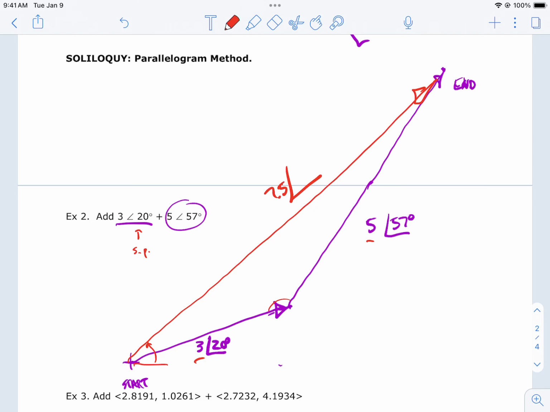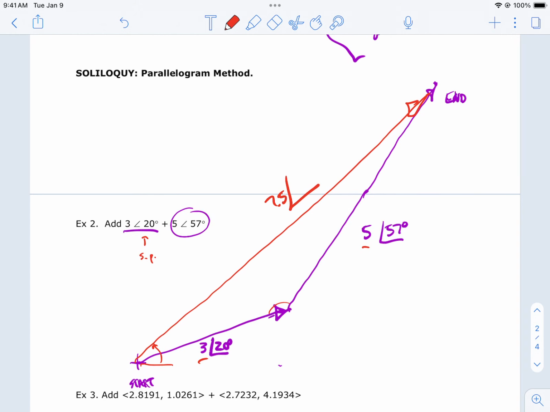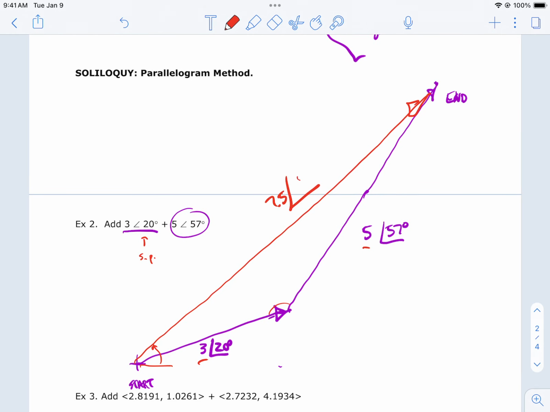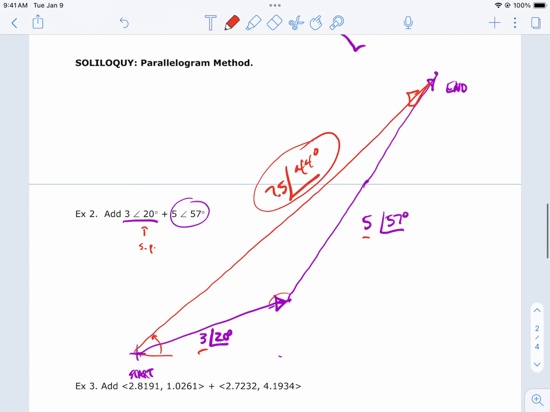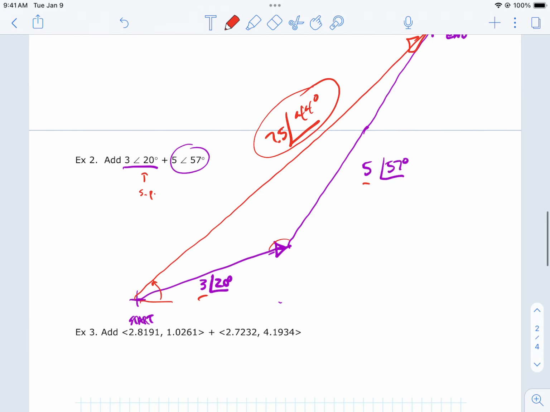Okay, so that angle is just about, and your answer might vary a little bit because I'm using a very thick Apple pencil, something like 44 degrees. So if you get something in the ballpark, consider it good. Okay, so again, that's our method. So notice this is polar form, polar form, polar form. Everything's polar form. Oh, by the way, we might note, if I just go back here for a little bit,